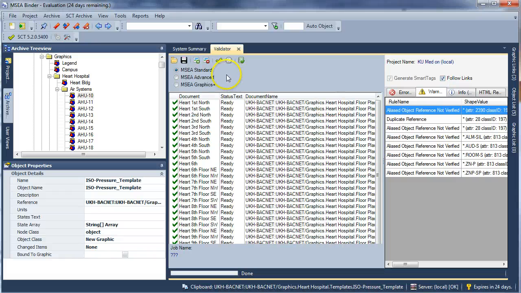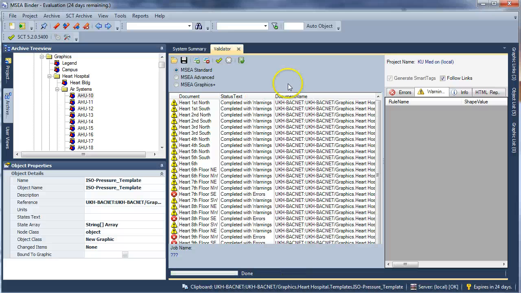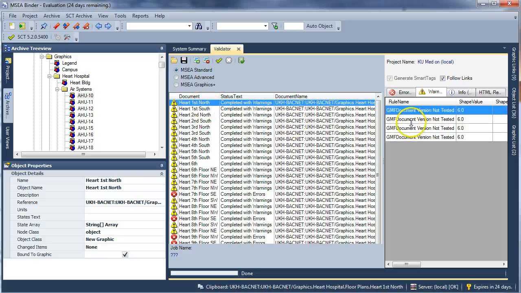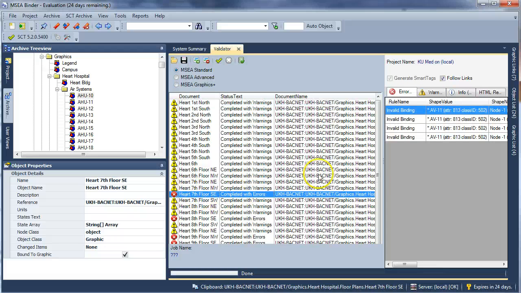So I'll show you what that does. Run the validation, and these take a little bit longer because they're going end to end. They're doing the floor plan plus every single VAV reference to the template. Some errors down here that I can see here